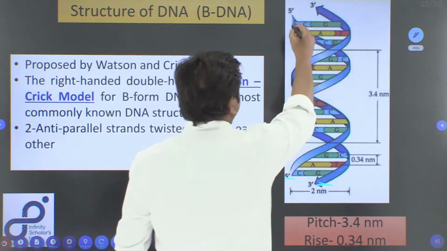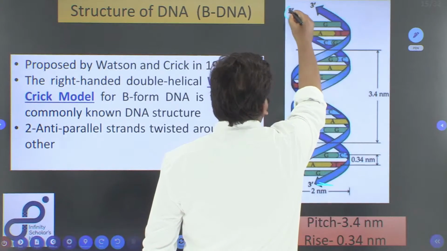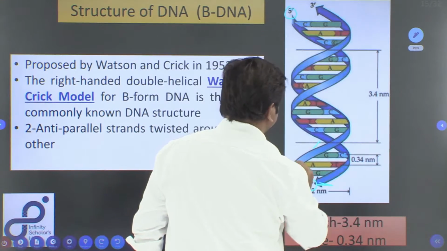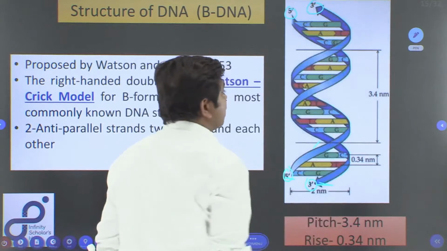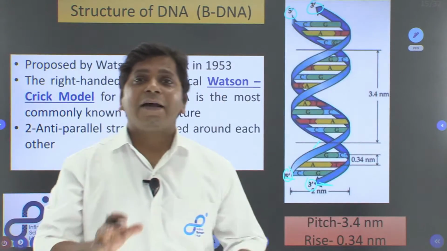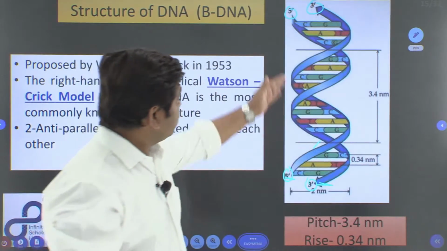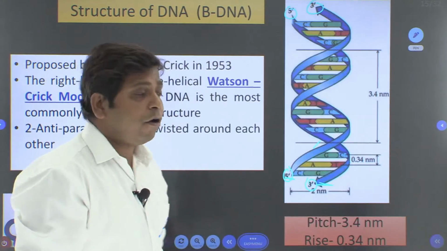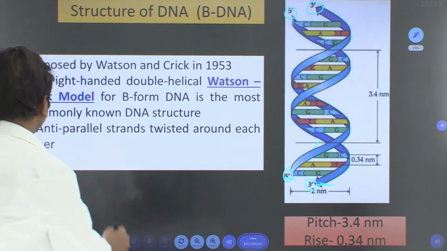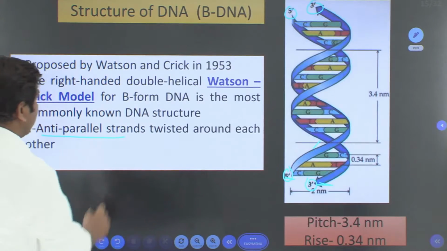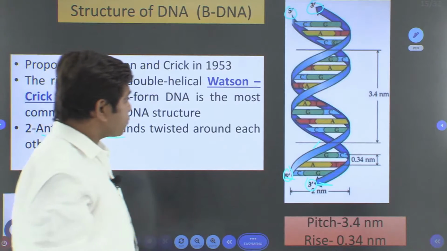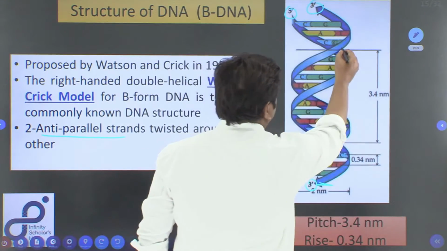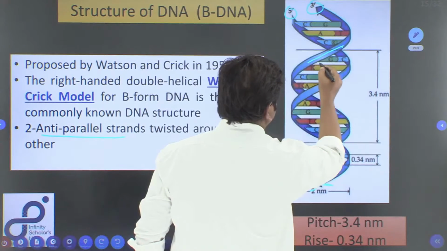If you look at the direction here, this one starts from 5 prime to 3 prime here, and the other chain starts from 5 prime to 3 prime here. That means both the chains are anti-parallel in nature. If one chain runs in one direction, the other chain runs exactly in the opposite direction. So, these 2 chains are anti-parallel and twisted around each other. If we look at the structure of the DNA, it is twisted around each other, and